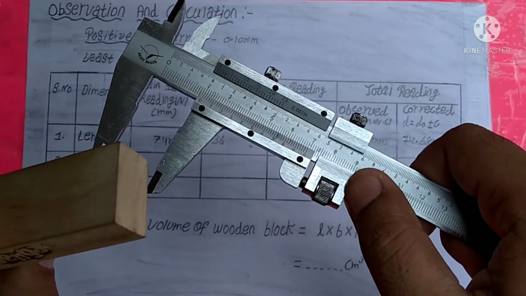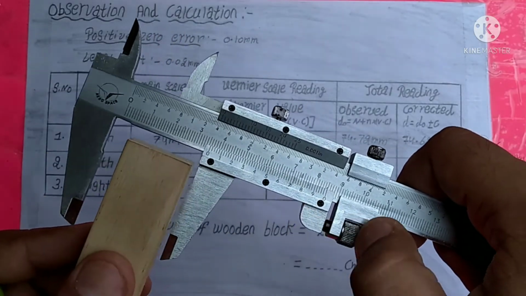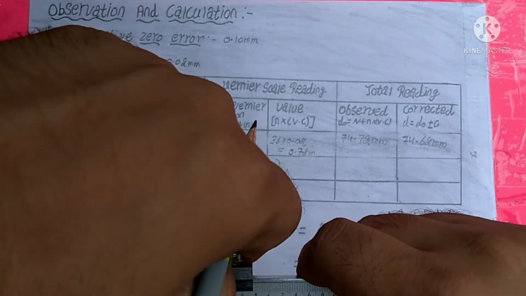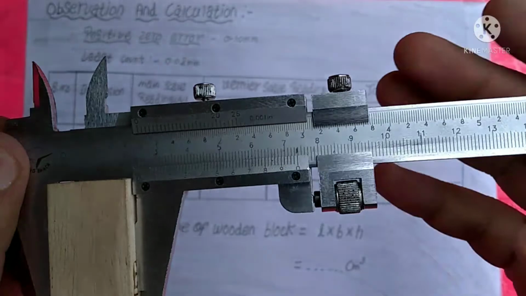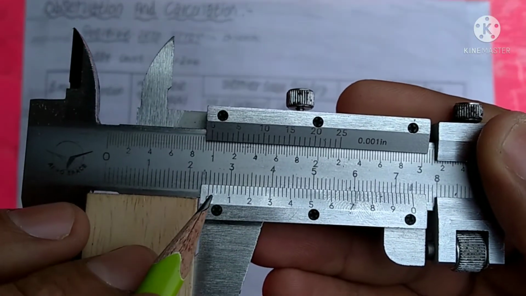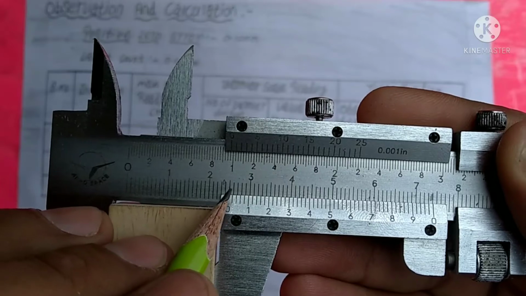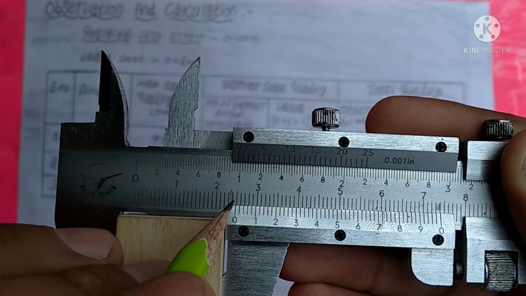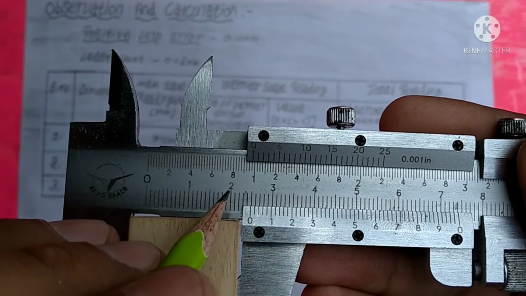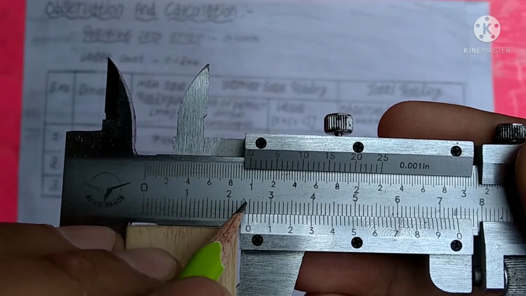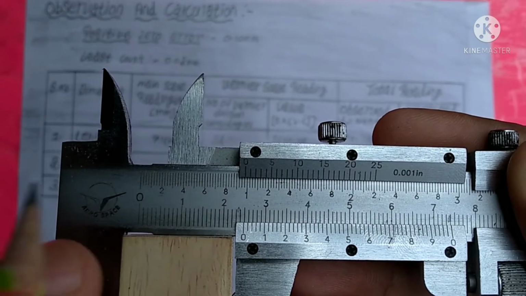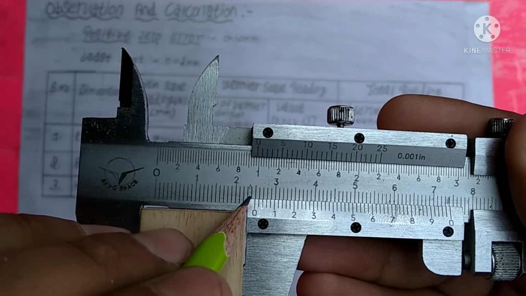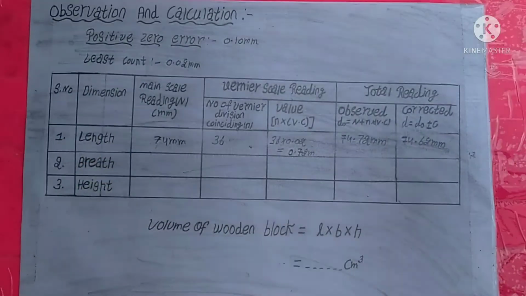So next calculate the breadth of this wooden block and place this wooden block again in the same manner inside this lower jaw and look from here, and again note down first the main scale reading and then the vernier scale reading. You can see our zero division has come between these two divisions, so note down total divisions on the main scale up to this division. So up to 2 there are total 20 divisions, but 4 divisions more, so there are total 24 divisions, and the value of each division is 1 mm. So from 0 to this division the main scale reading is 24 mm.